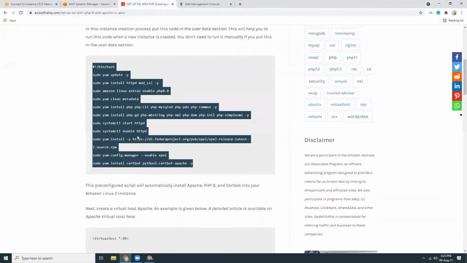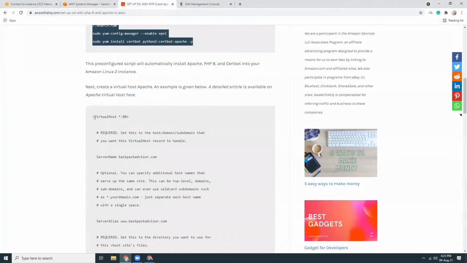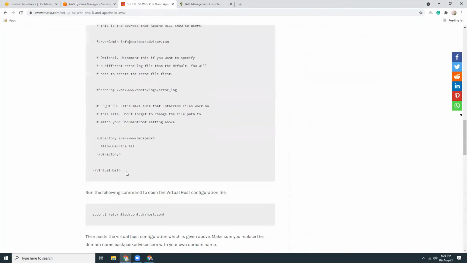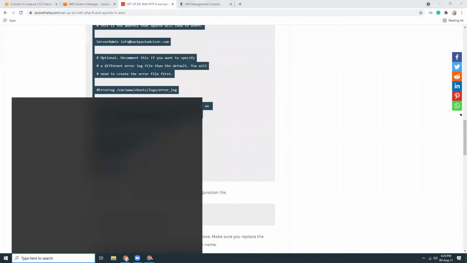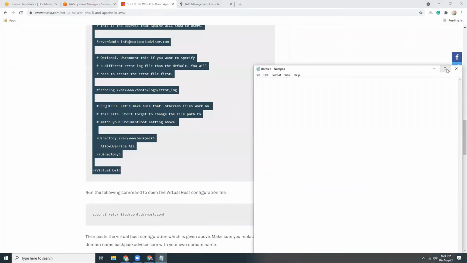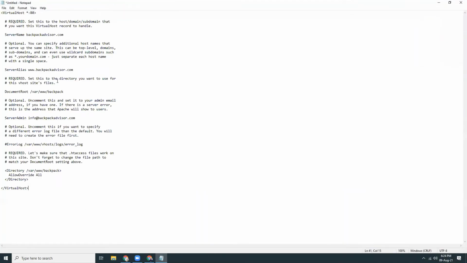The next part is I need to create this virtual host. Copy, paste it in Notepad. And I just need to change the domain name.